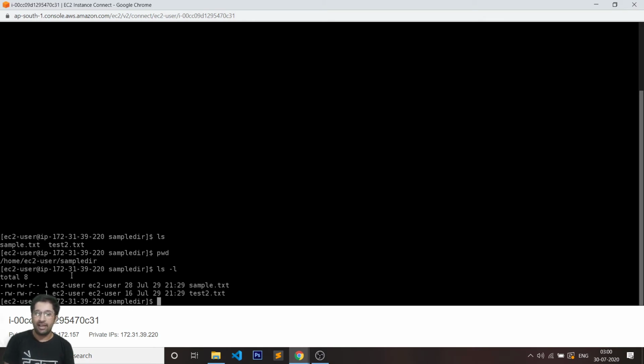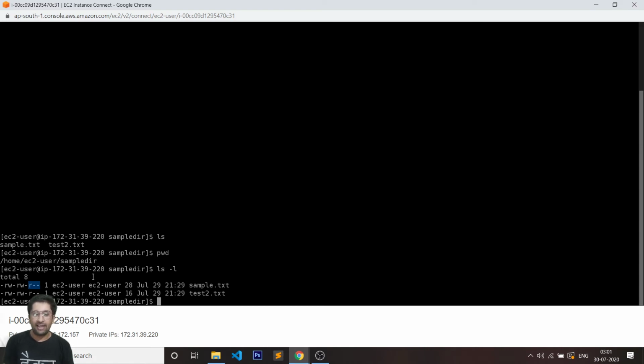The first value, the RW and dash that you see, represents the access of the file for the user which has created it, or the user which is logged in, the creator of the file. The second access that you see over here, the RW and dash, actually represents the access for the group. What permissions does the group have in respect to this file? And the last r dash dash that you see represents the access to the rest of the world.